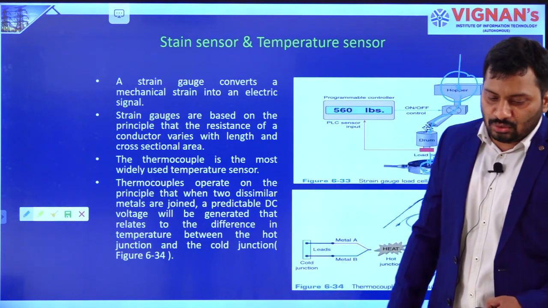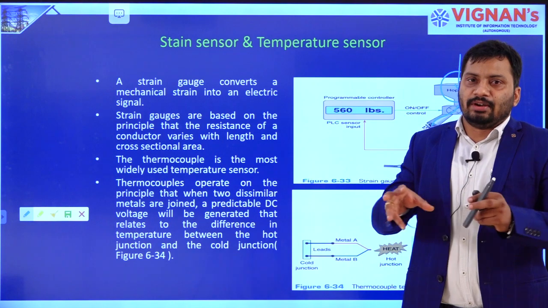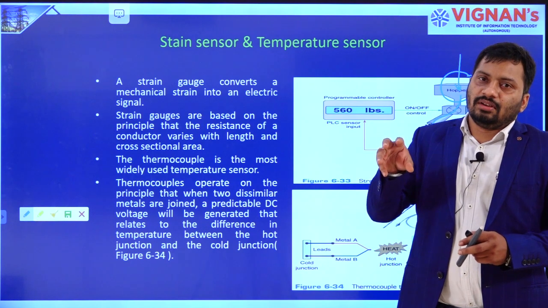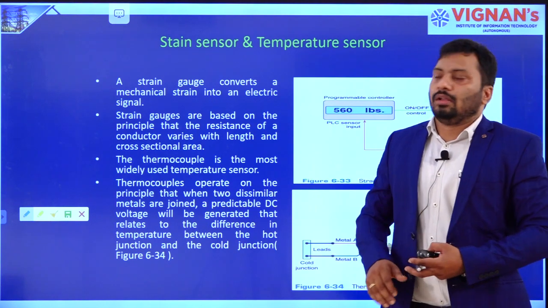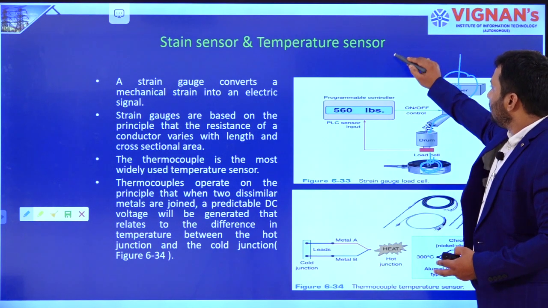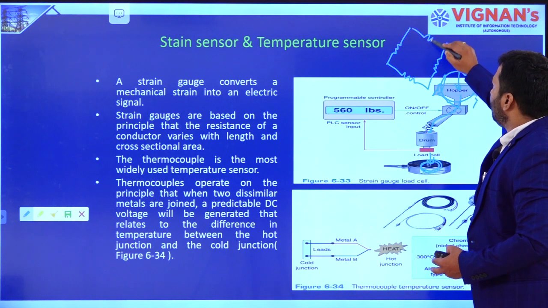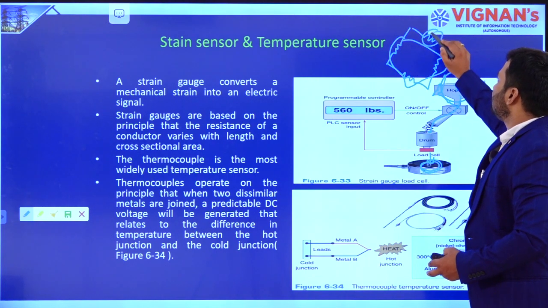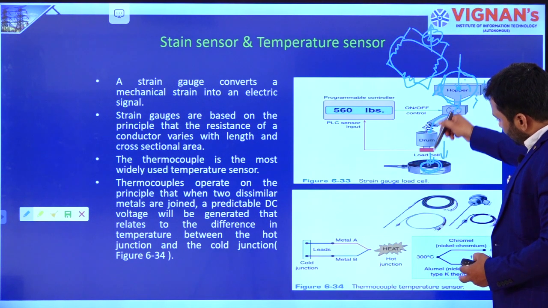A strain gauge is normally used internally. We have resistors in a bridge arrangement. One of the resistors is going to be changed with the weight placed on that particular load cell. Normally this is the arrangement in a strain gauge. These three resistors are constant, and this resistance is going to change with how much load is placed on this load cell.